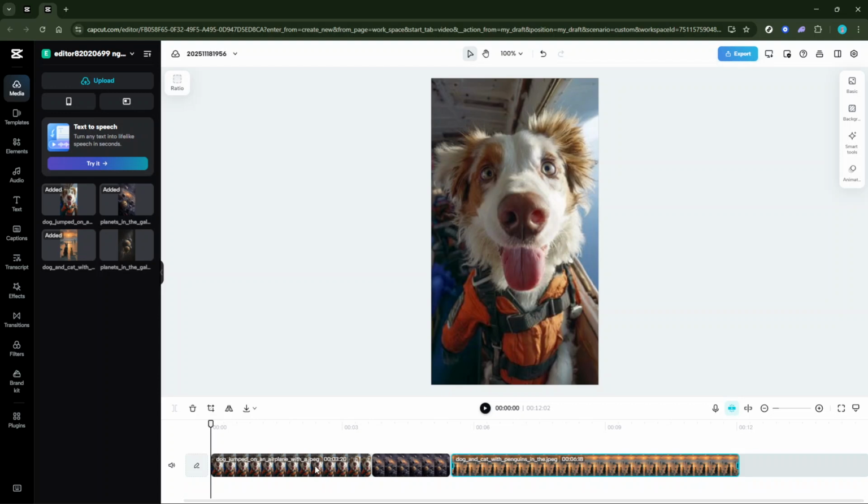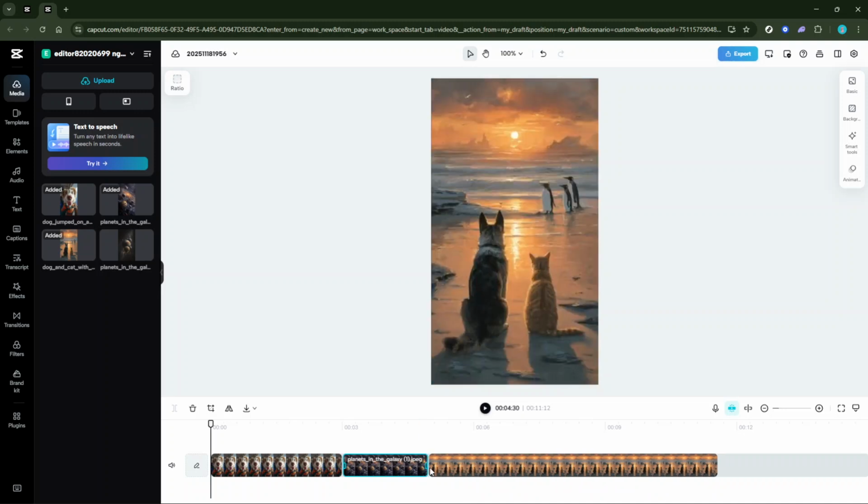With your project open, it's time to select an image. Simply click on one of the photos in your timeline. You'll observe that this highlights or selects the image, which essentially means you're ready to make changes. Look to the edges of that selected image clip. You'll see the borders can be adjusted, allowing you to modify the duration.